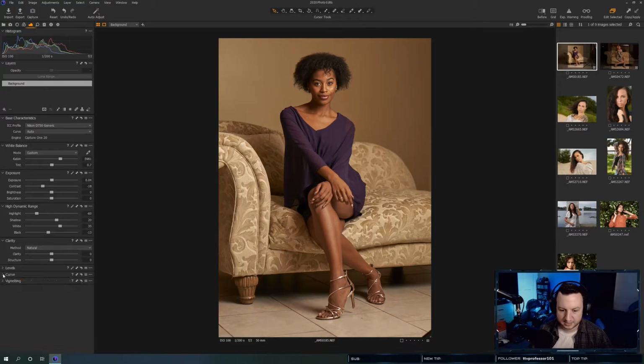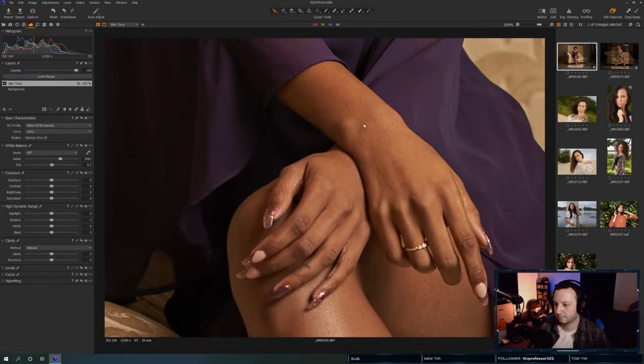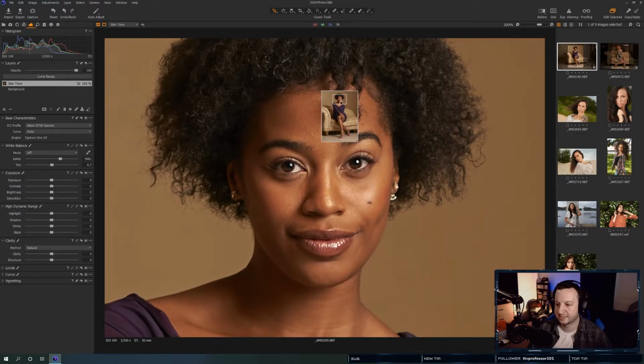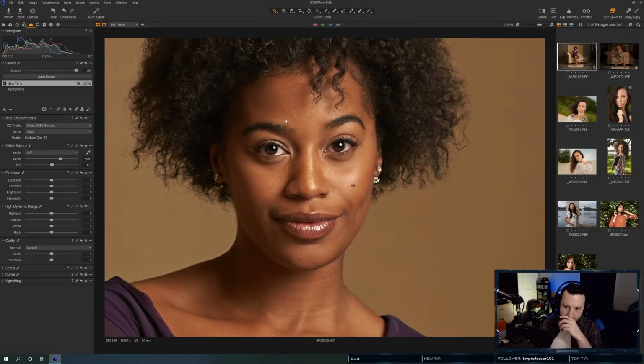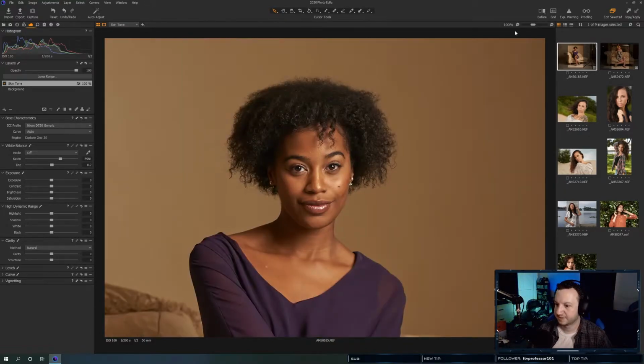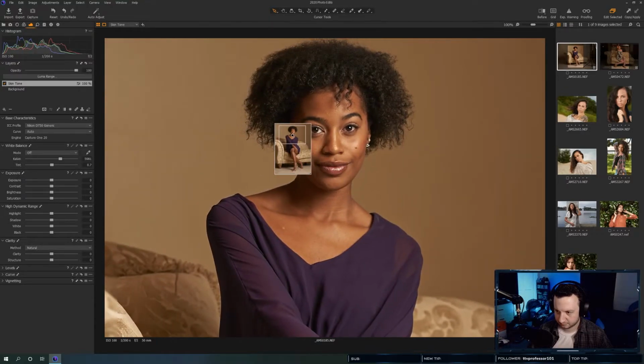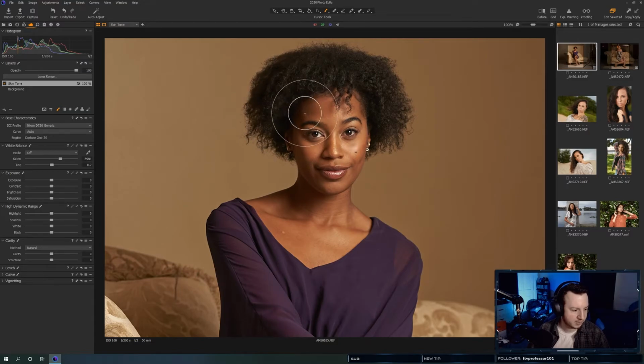All right, we're not going to mess with the levels or curves on this setting. So let's go ahead and create a new layer, and let's even out her skin tones a bit. This is one of the tools in Capture One that they do not have in Lightroom. So this is probably one of the few times where Lightroom isn't going to be able to do what Capture One can. And I'm at 200%. I don't need to be at 200%. All right. So what I'm going to do here is I'm going to even out her skin tone, which her skin tone isn't that bad, but I always even it out.